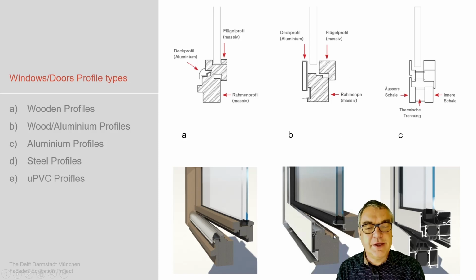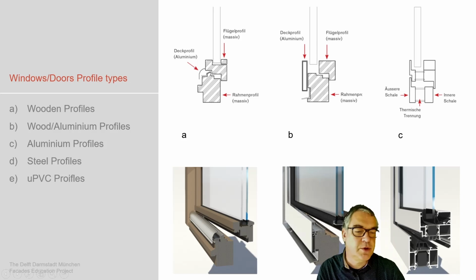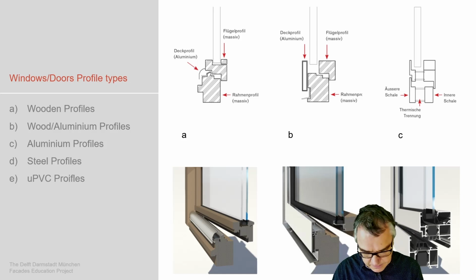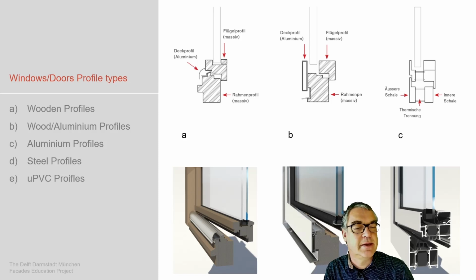Here we see a combination wood-aluminium profile, so wood at the inner side and then aluminium profile at the outside, which may last longer being exposed to the environment, up to the pure aluminium profile. Here we see the pure aluminium profile. We will talk about the materials and how to make these windows later in other lectures more deeply, but it's nice to see these are extruded profiles with a thermal break profile in between.